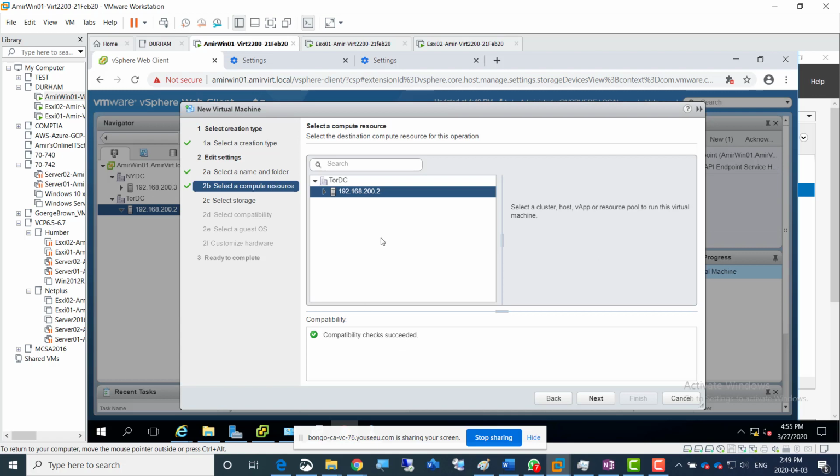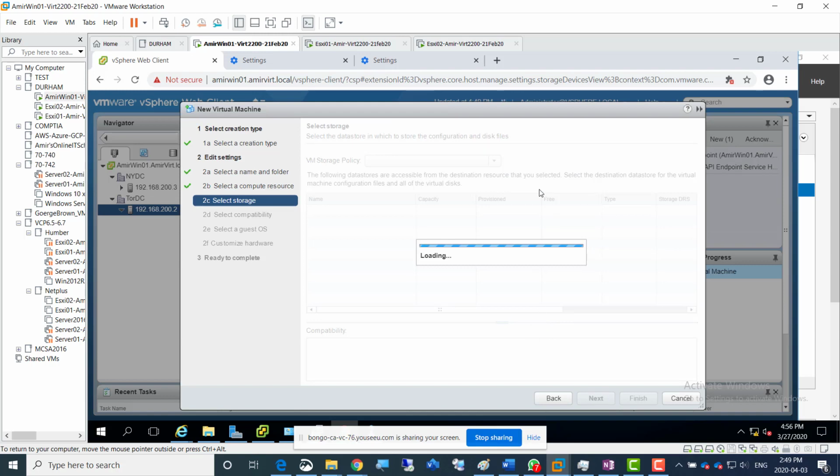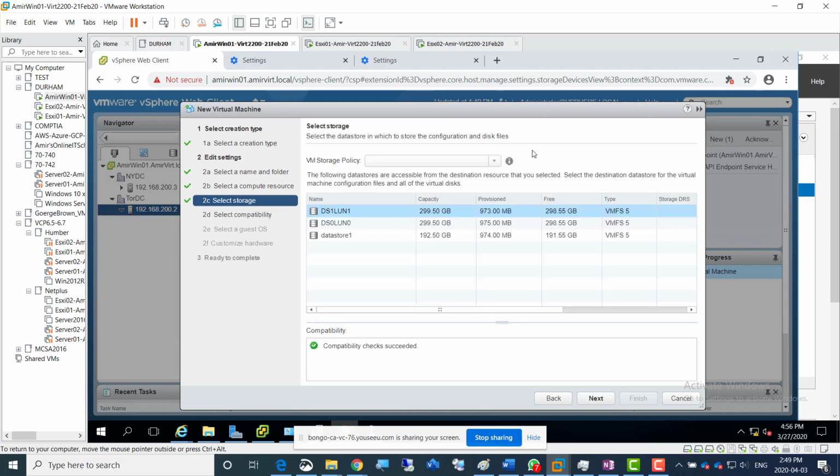Okay, so compatibility check succeeded. Next. Now you can see that the two LUNs are showing there, and we can create that virtual machine on any LUN here. So I'm just going to select LUN 0. You can select LUN 1 as well,